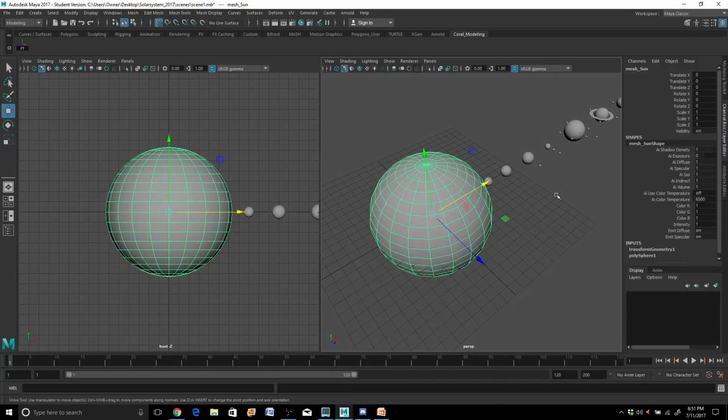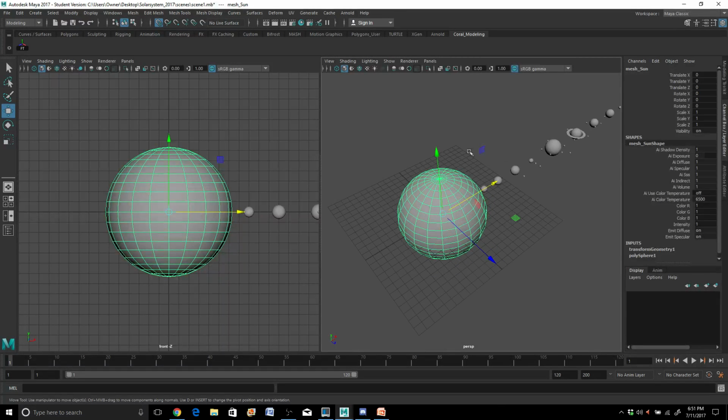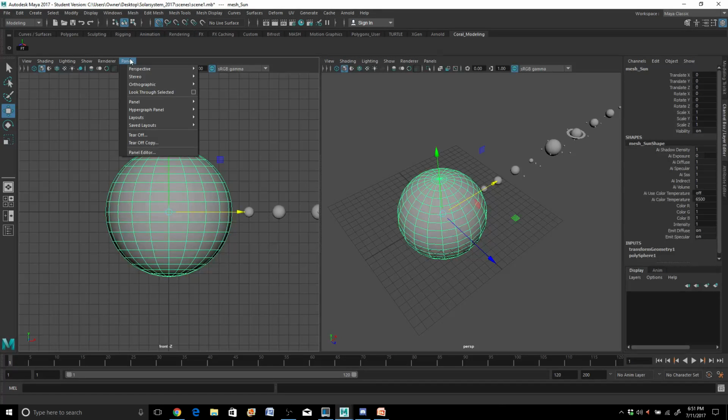Okay, so I just want to go over that very lightly one more time since we're getting ready to go into the Hypershade. All right, so now that my tangent is over, let's go ahead and get back to business here. Let's turn this panel here into our Hypershade. So to do that, you can go to Panels, and this will give you access to everything inside of Maya. You can change your camera views by going to Perspective, or Stereo, or Orthographic, and by going in these areas here, you can change your view from front to side to